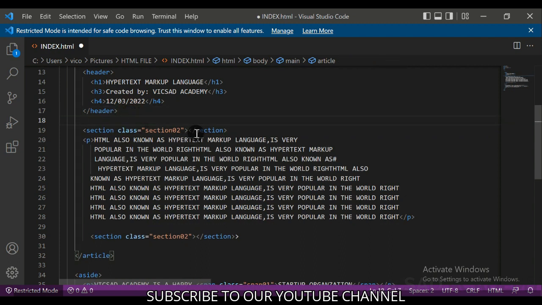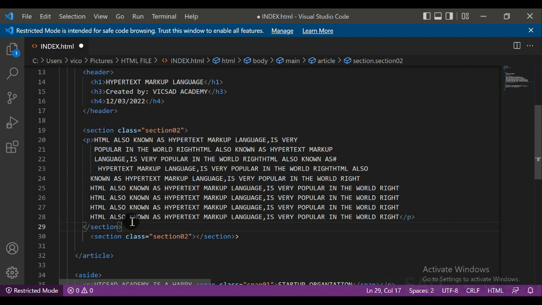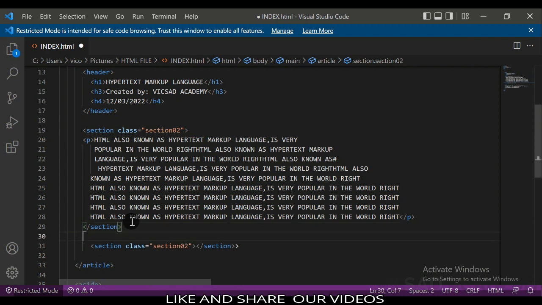We have the first section that talks about the HTML. The hypertext markup language is very popular in the world right now. It's used for creating web pages and blah blah blah. So the second section is going to be talking about the types of HTML,